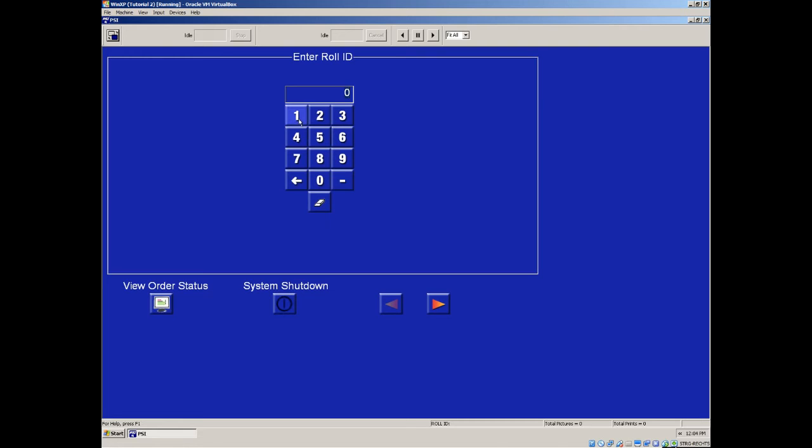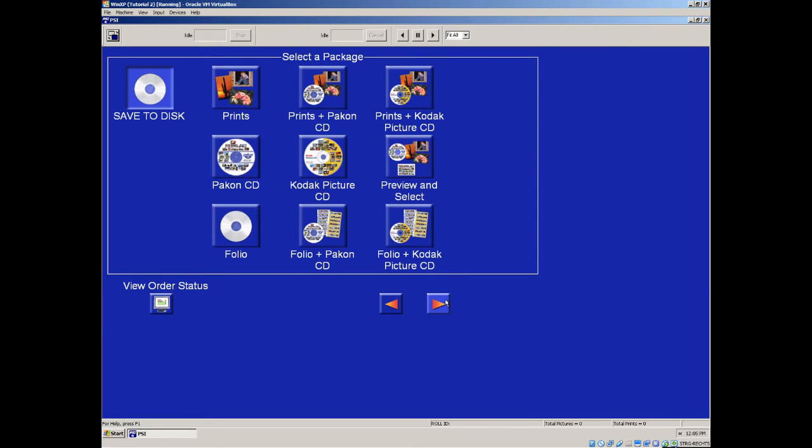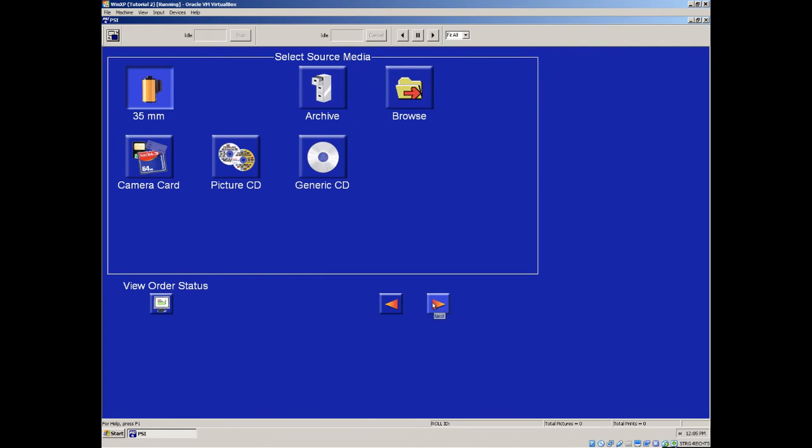I will pick some roll ID here, just so I can identify it. Careful with this, it really shuts down the system, or the VM in that case. Go to next. You see our package saved to disk has been saved also for the easy order. Go to next, select the source media, and you see it's pretty sophisticated. You could also change that if you go to the normal interface and go to setup,